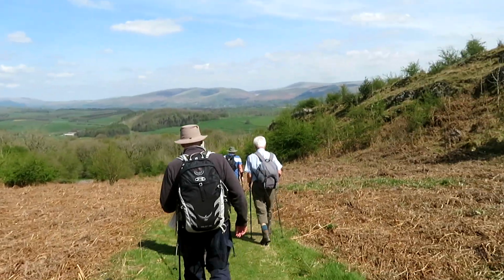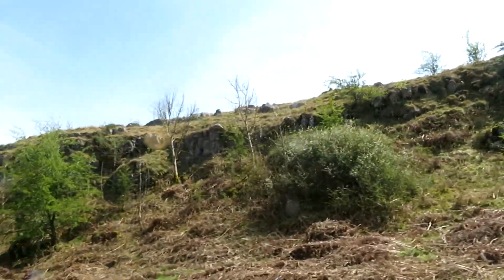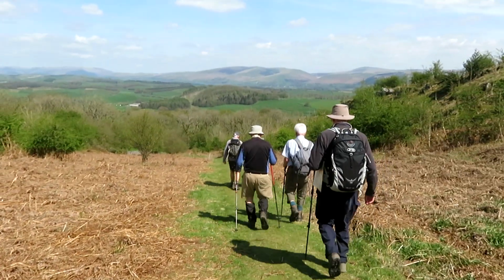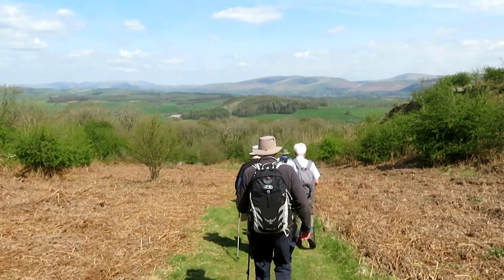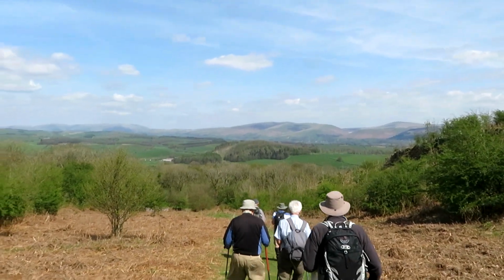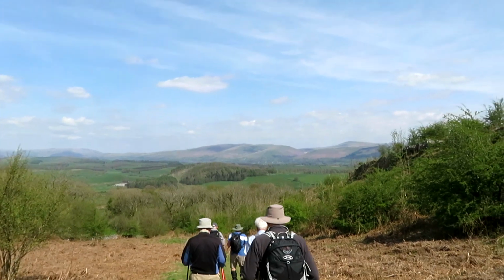And now we've moved off the higher path, which was up there, and we're dropping down towards Priest Hutton, the hamlet of Priest Hutton, which is down here. We've come off the ridge of the second scar, still walking towards the lower Howgills over there, and the Howgills there. Still a glorious day,